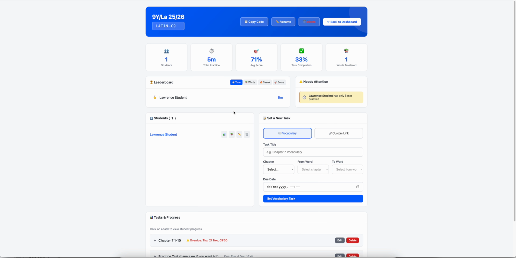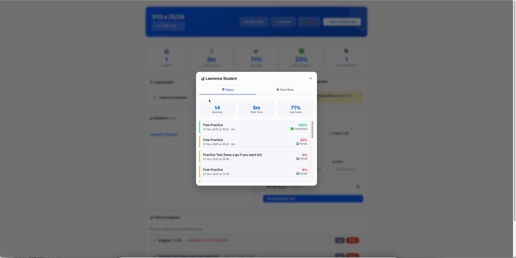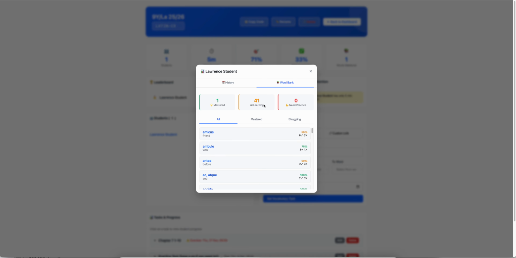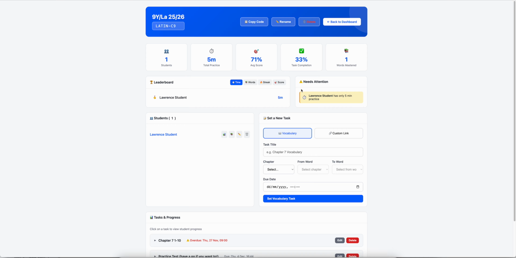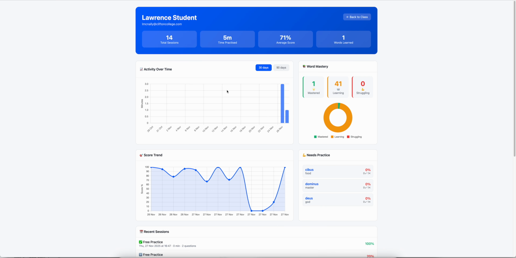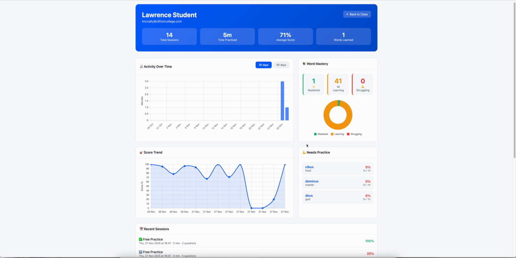If I want some more information about him, I can look at his words. So here's a full summary of his practice history, how long he spent, as well as which words he's mastered, which ones he might be struggling with. For more detail, I can click on this icon here, and it opens up a full data analysis page where I can see how long he spent each day on vocab learning, which words he needs to practice with. Okay, I might implement Kibus, Dominus and Deus into my next lessons, into the exercises that I do,